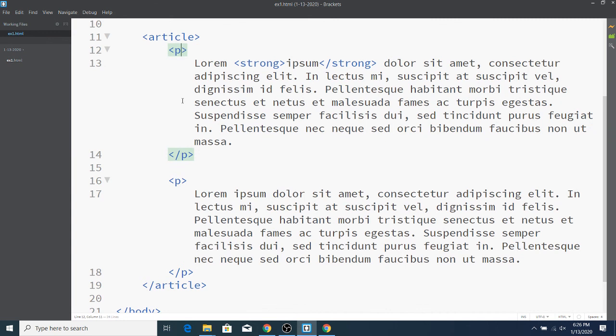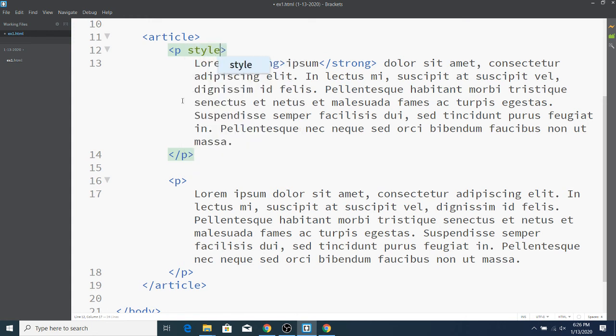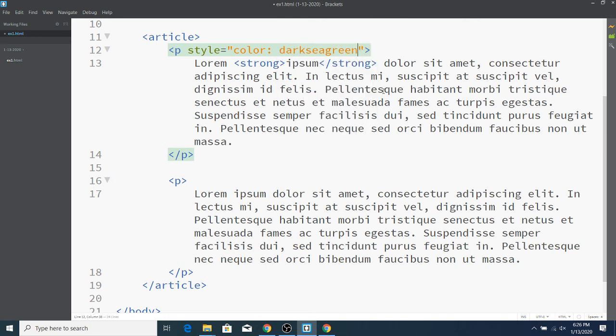So if I wanted to add some inline CSS here, I use something called an attribute. In this case, we have the style attribute. And let's just give that text some color. So hopefully you already see some of the advantages of using a text editor like Brackets versus Notepad, because Brackets was aware that we're actually writing some CSS, and it says, okay, here's some color suggestions, rather than actually having to map out hex colors or anything like that. And let's just pick something, doesn't really matter. Let's say dark sea green. And the idea is with inline CSS, for the length of this paragraph, this text is going to be dark